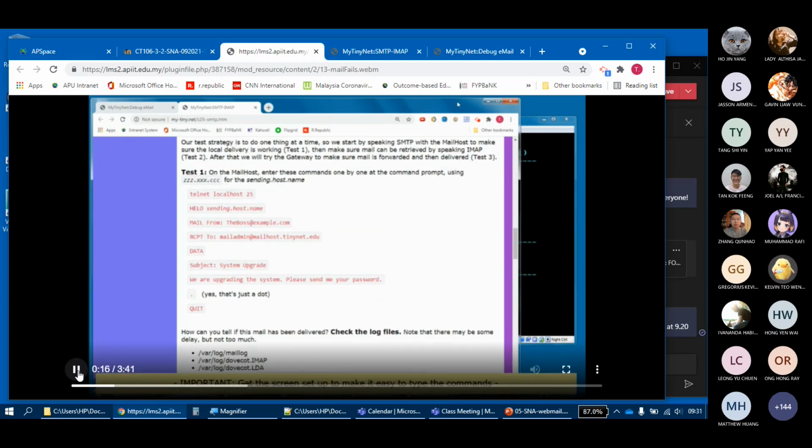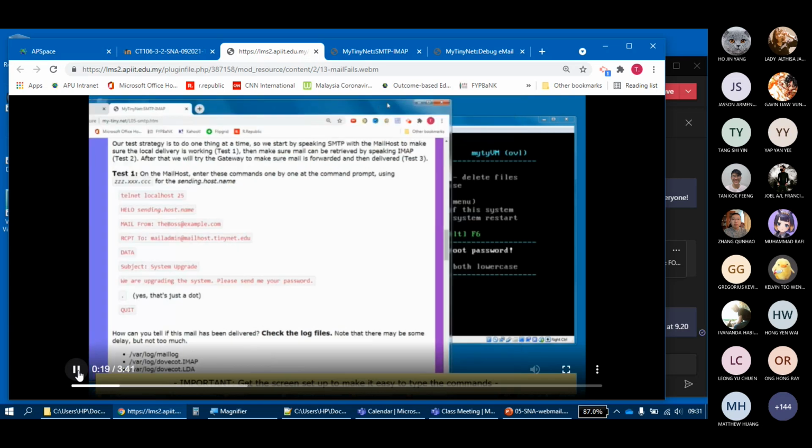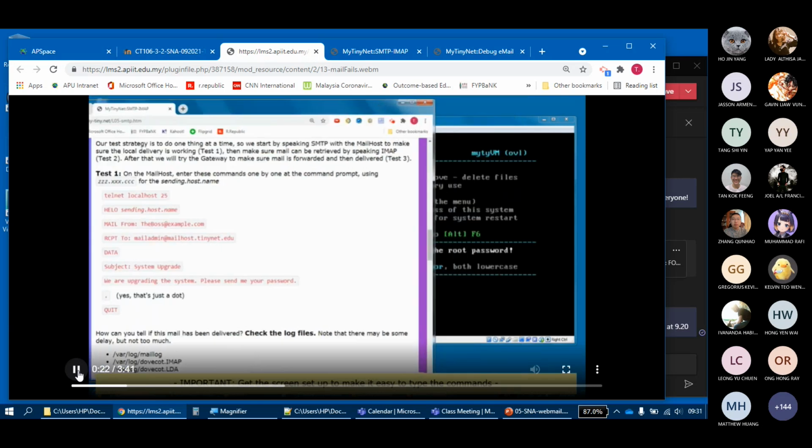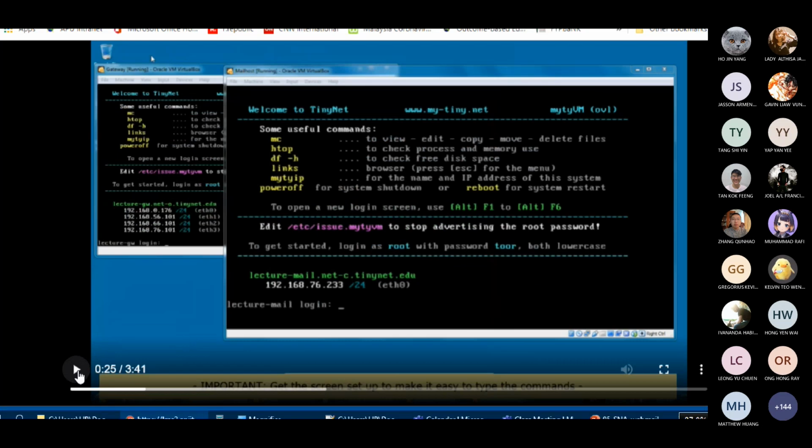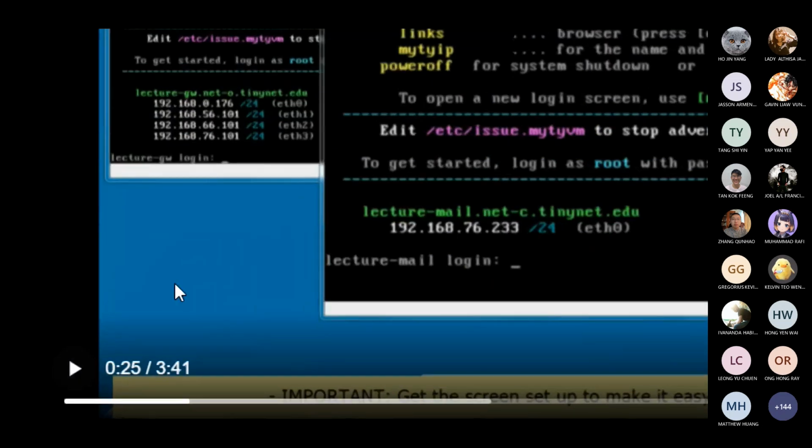All right. So move down to test one. Have it right next to your virtual machines. I've customized my host names a little bit. That's one step that you need to do for the assignment. I've done it in advance. We'll talk about that one next week, or today if we have a little bit of extra time. I've got my 56, 66, 76 on the gateway,